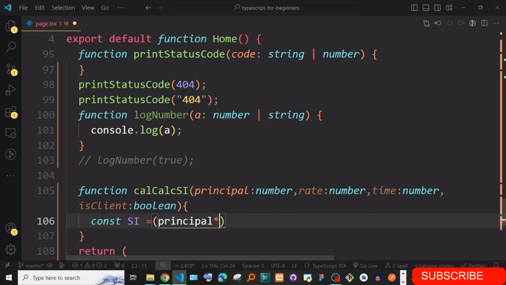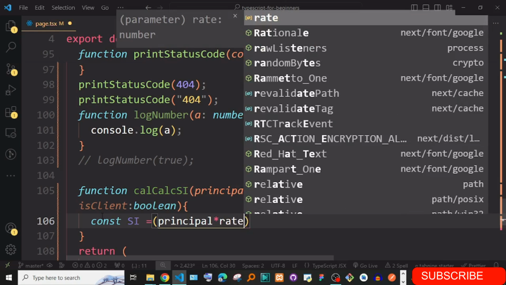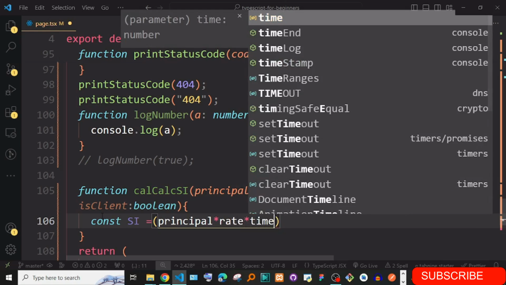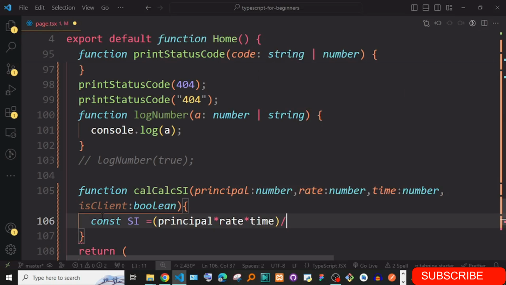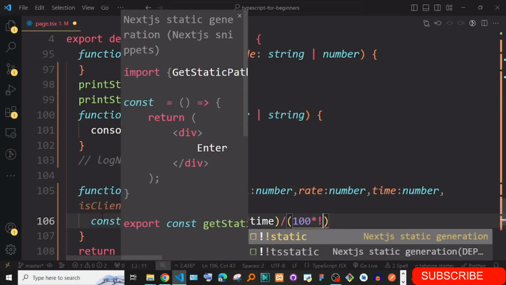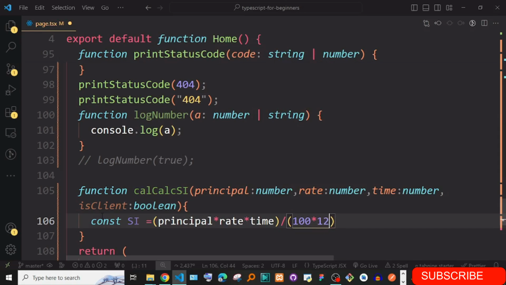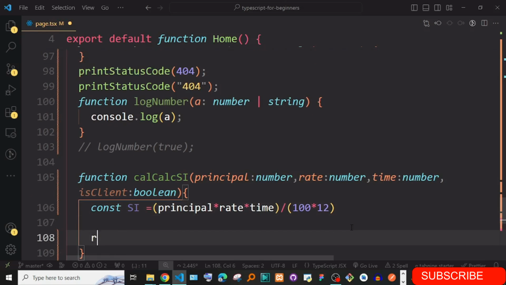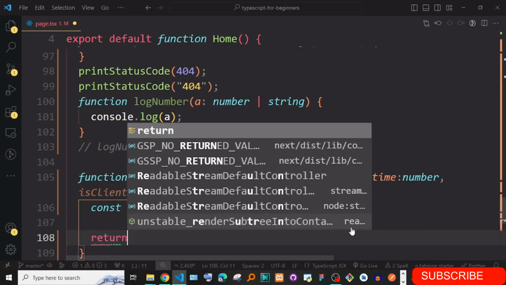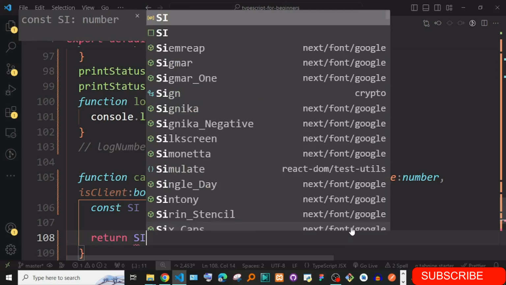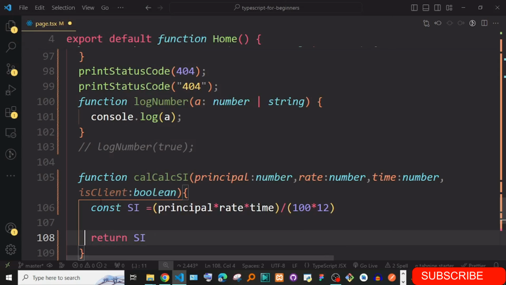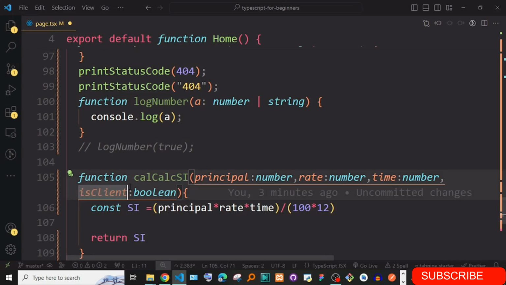I think it's PRT, yeah. So it is principal times rate times time, and then divided by 100 times 12. Okay, and you can just go ahead and return the simple interest, just like this. And isClient, we can say this one is not required. Let's just make it like that.